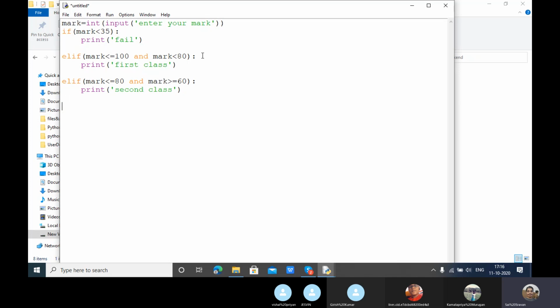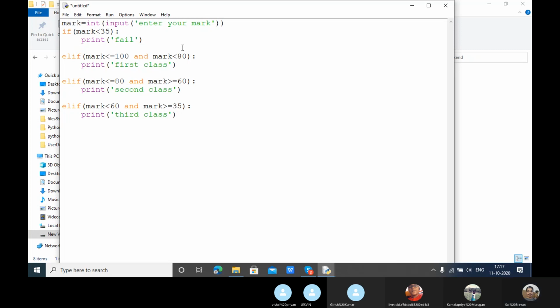Next, again I am using another elif condition. Mark less than 60 and mark greater than or equals to 35. Now I am going to print the third class. So these are my multiple conditions.